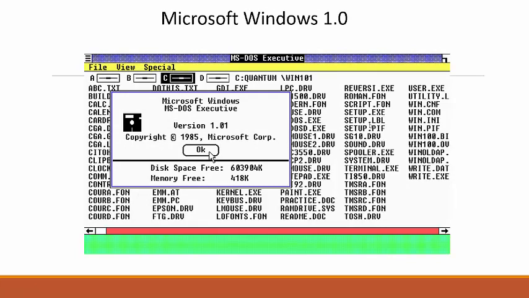Well, where was Microsoft in this? If you were running an IBM PC with DOS on it, what choices did you have in 1984 and 1985 when Apple released the Mac with its pretty GUI? You had this. This was Microsoft's answer to the Mac, Windows 1.0, released in 1985.